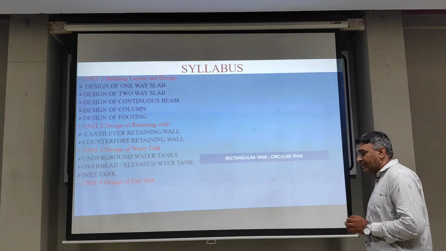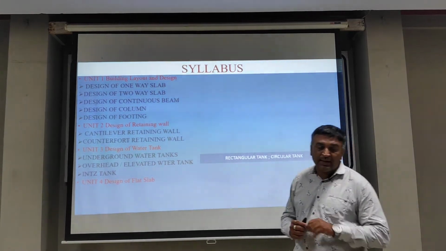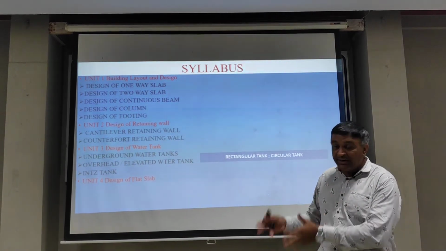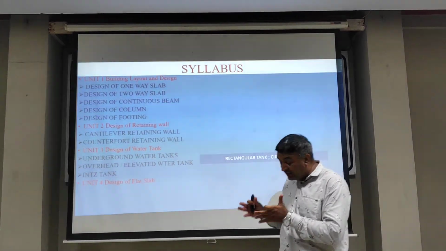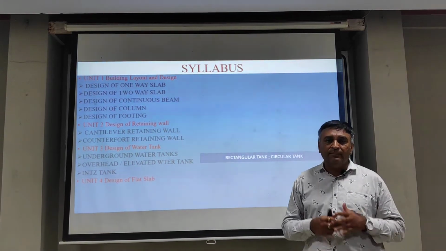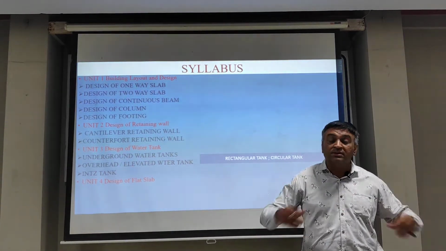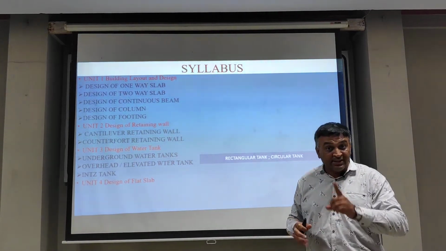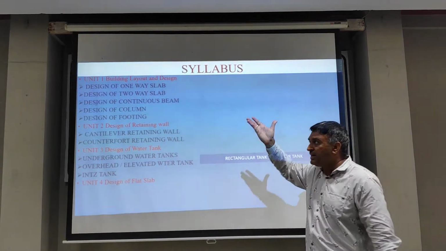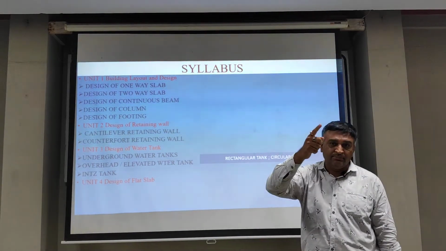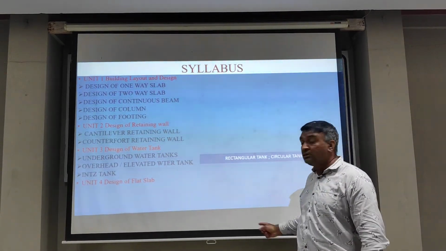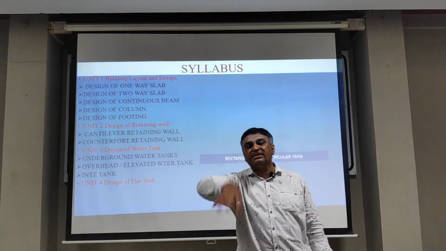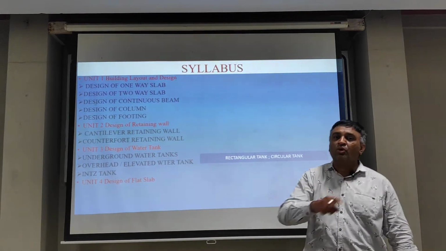Now what is the flat slab? If you know the definition, then you can understand how to design it. Whenever you go into an auditorium, a theater or a marriage hall, every hall has a large length and width, and there is no column in between, and you can see the slab has no beam in between. That means from the initial wall to the end of the wall, the slab has no beam, and that slab is constructed without beam, and that slab is called flat slab.